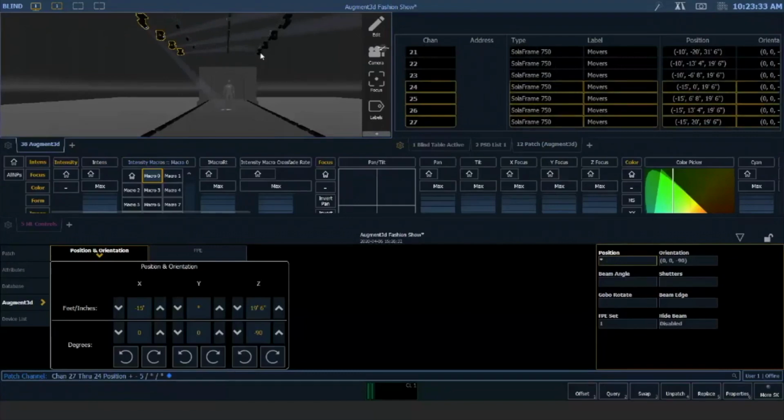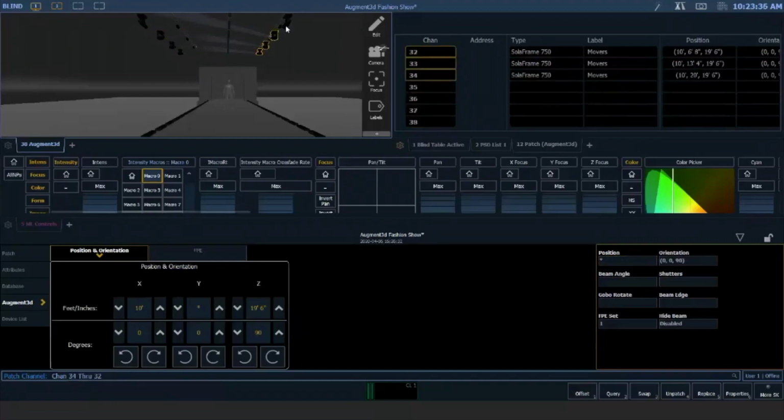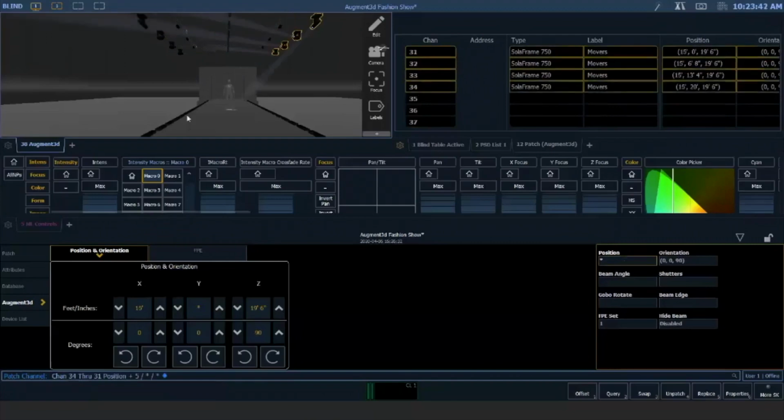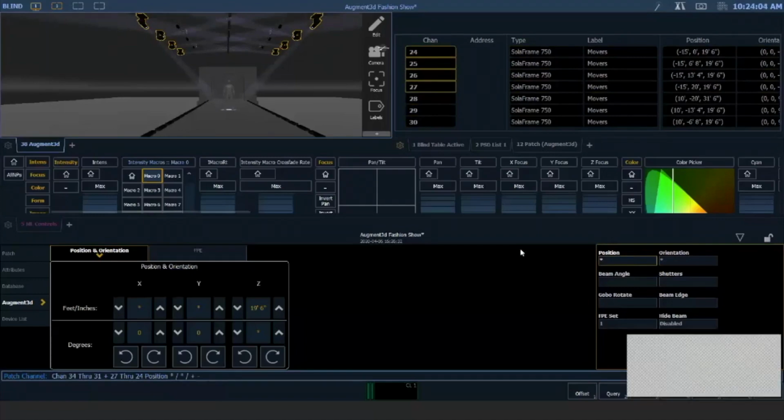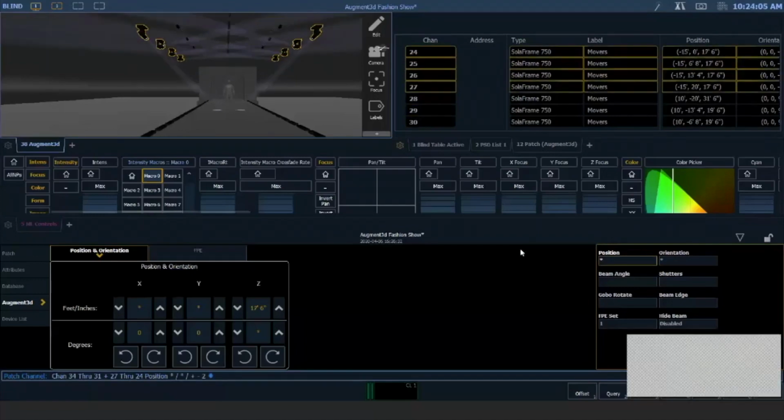I'm going to select 4 on this side, and those are going to do the same thing. This time it'll be a plus 5 for those. And then all 8 fixtures are going to move up 2 feet. I'm sorry, down 2 feet. So plus minus 2, slash slash, plus minus 2. So it's on the Z axis. There we go. And now if I hit live,